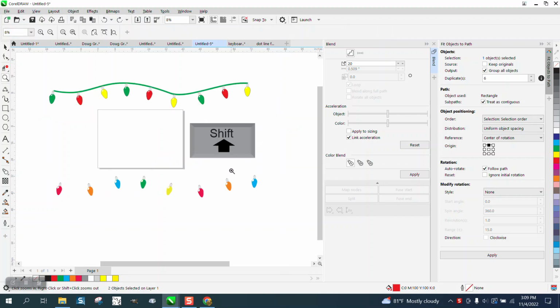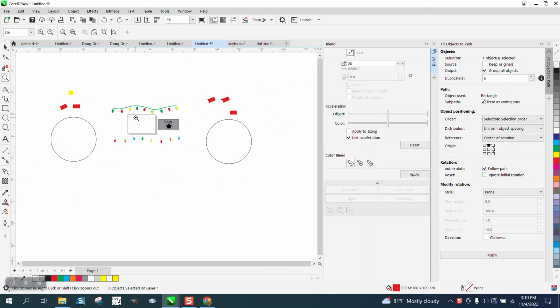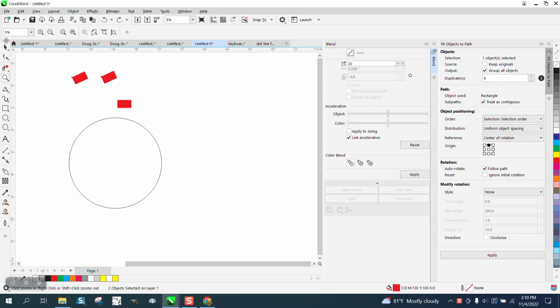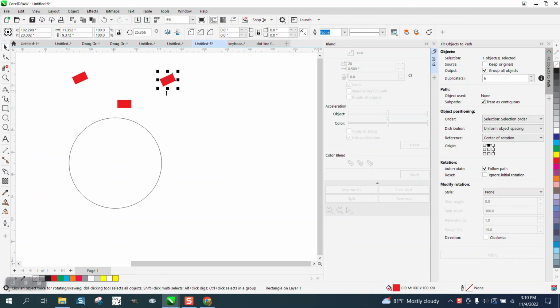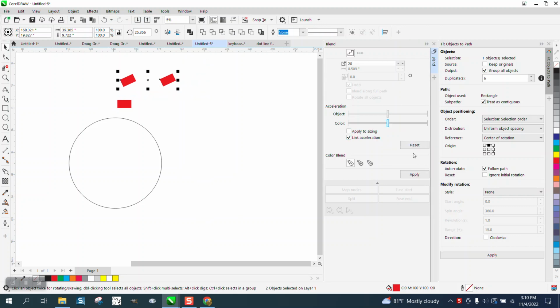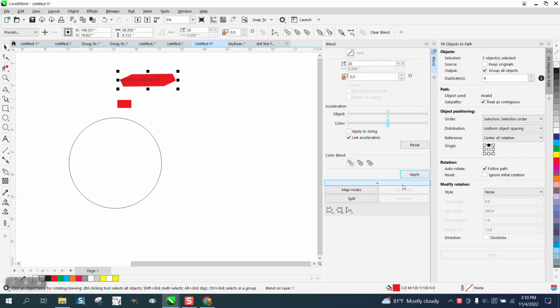Somebody saw my video that I did last night with this, and they go, "Well, couldn't you just use the blend tool?" And yes, you could, but the blend tool has some limitations. If you have an object that's not squared off, I see I've rotated it, and there's nothing you can do about it. It's just like that. You take those two objects, and we're going to blend them 20 times, and then go